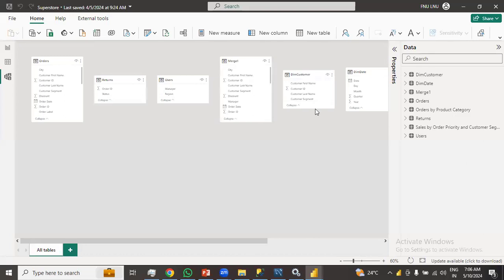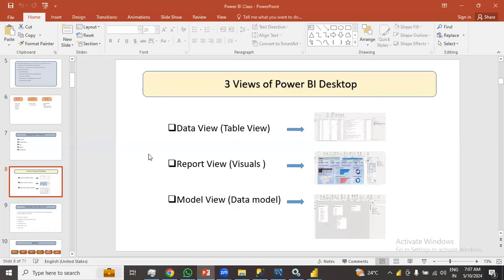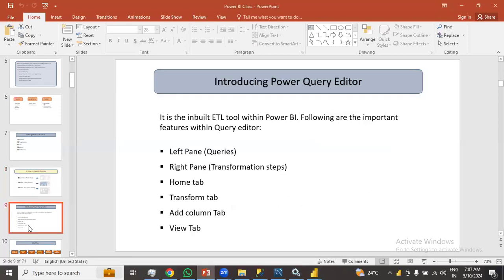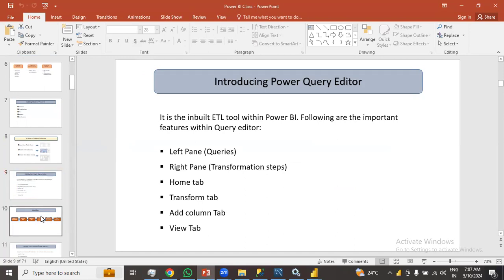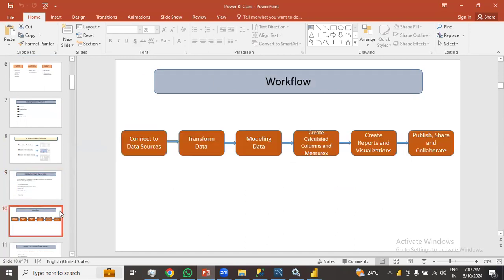So this is about the general graphical user interface of Power BI. It has various tabs, the file tab, the home tab. Various tabs are there, and we'll discuss each one of them in very much detail. Before going into getting the data into Power BI, first let's discuss how the work happens